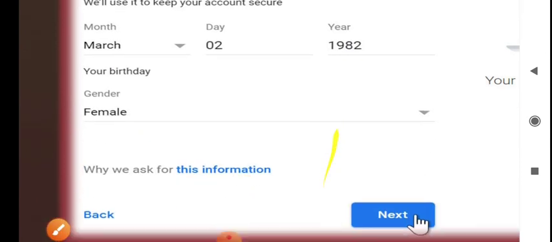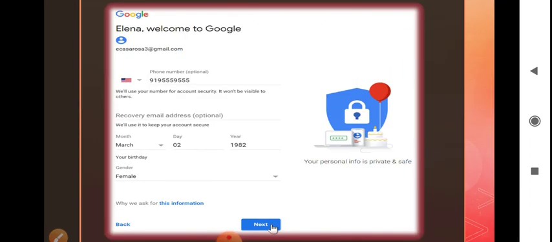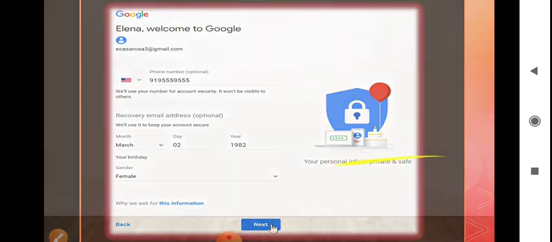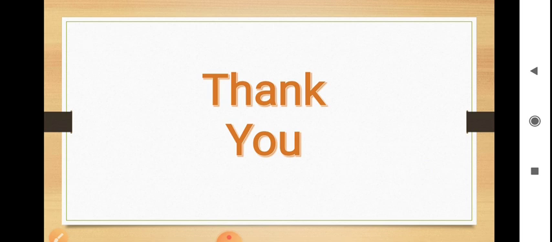Then you have to click on the next button. After you finish entering your form, you will get a login screen as Gmail login. Okay, understood? Thank you.